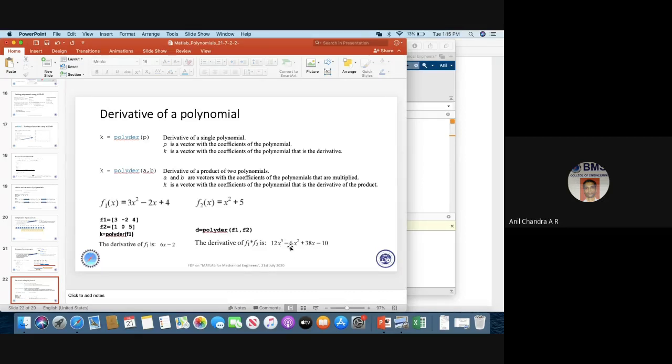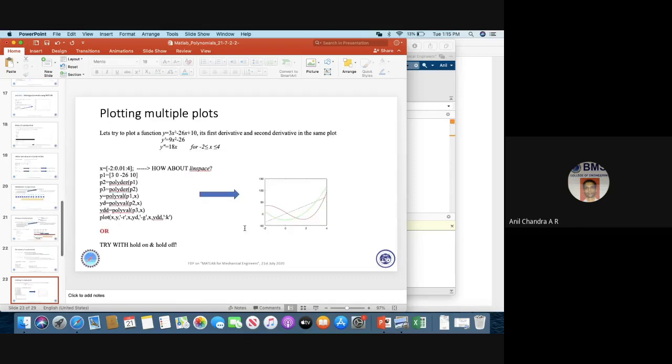Such far-sightedness, people saw that. So you would want to multiply two polynomials and then take the derivative. So polyder F1, F2. These are commands which you got to explore. And if you remember in one of the earlier slides, I told you that y is given, then yd, ydd, right? So instead of that, you can try this polyder. You have the polynomial, you keep the derivative, and you will get the same plot.